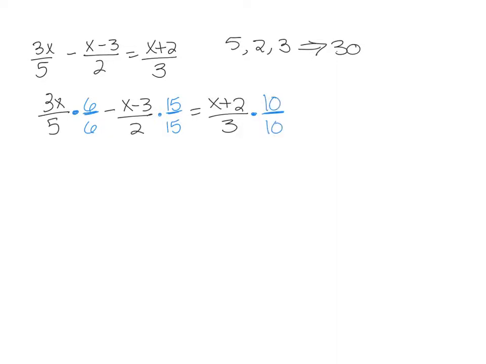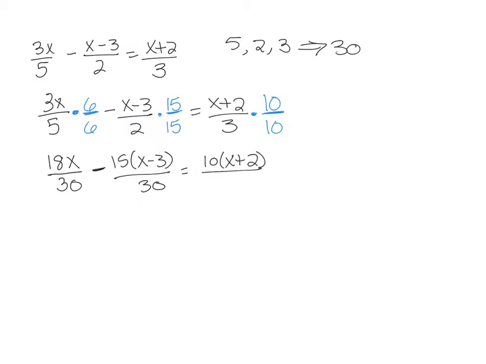So now I'm going to rewrite the tops. 3 times 6 is 18x. This is over 30, right? And now a negative 15 gets distributed through the x minus 3. That's over 30. And a 10 gets distributed through the x plus 2. And that's over 30. Now, if all of these denominators are the same,